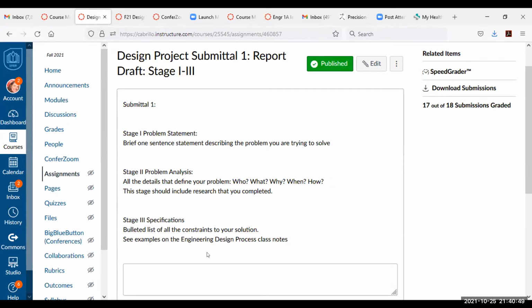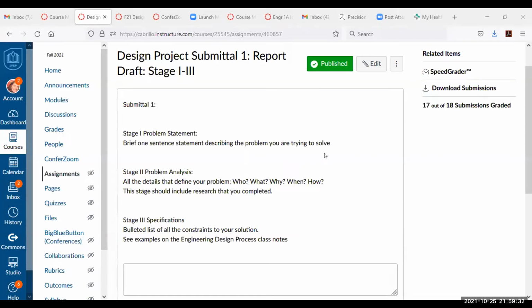And then for stage 3, I want a bulleted list of constraints. And remember that I did include some constraints in the project that are definite, and you have to include them as well. So we're going to come back to that in a little bit. So what I'm going to do is stop sharing in a student view. I'm not in student view, but I want to remind you again